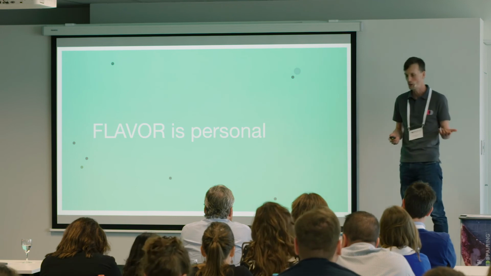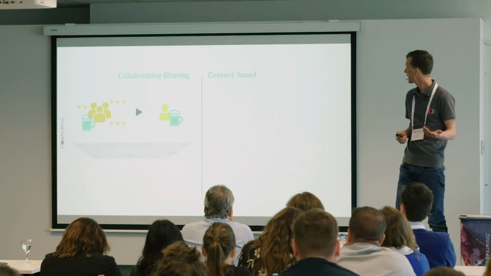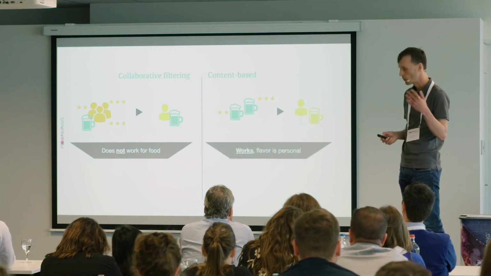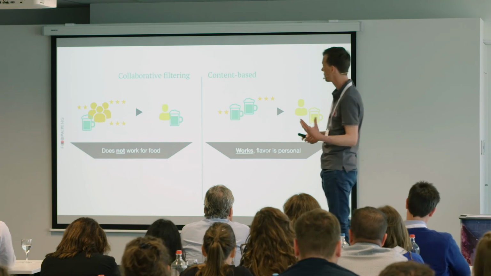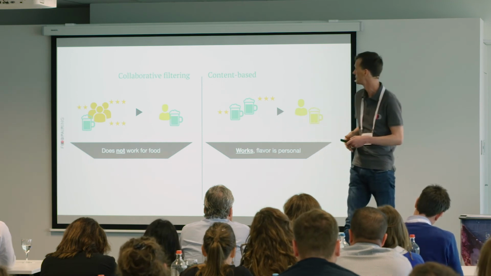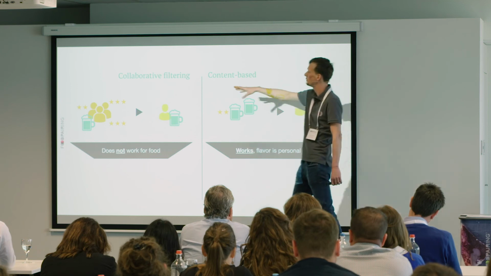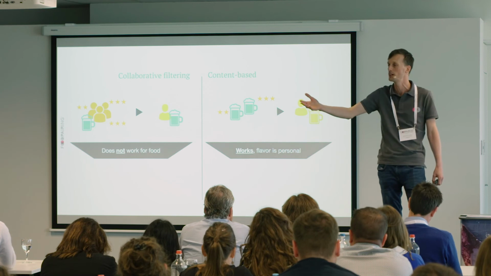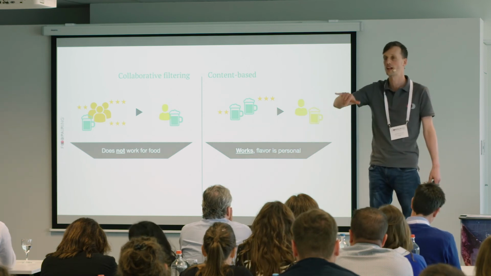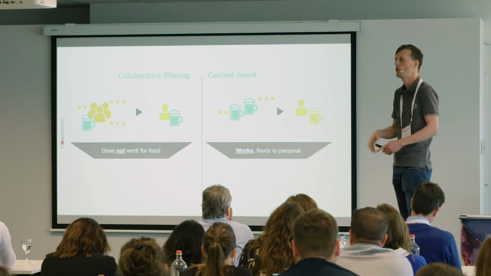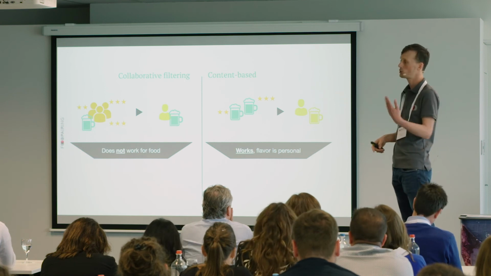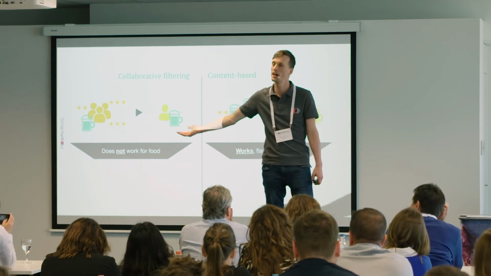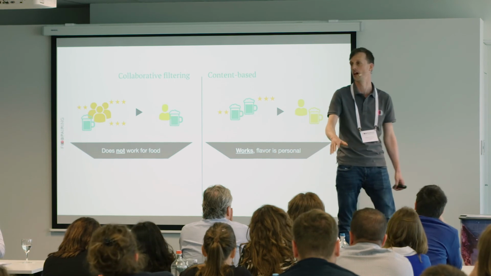As you already know, flavor is personal. And just to show one example, when we developed our recommender, we started with two different types of recommendation. One is collaborative filtering. That's like Amazon. If you like this book, you will also like the other book. The reason is because another person liked those books, and you like one of the books, so the second one you will also like. It would be like one person likes